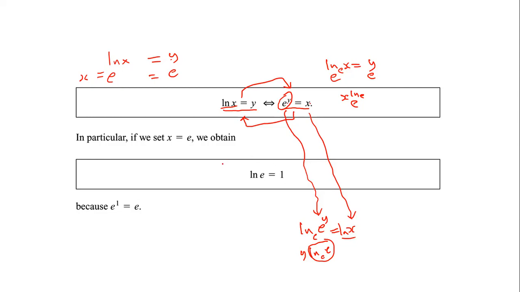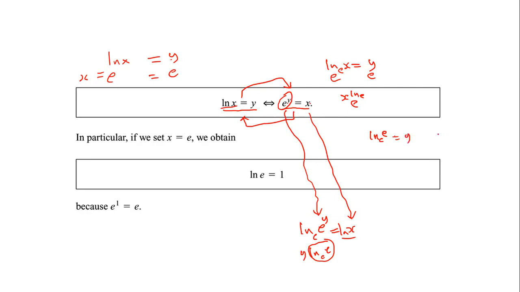Okay. This one is clear. It says in particular, if we set x equal to e, we get this. Put x equal to e. Okay, so over here you get what? On the left hand side, x equal to e will give you what? ln to the base e of e, right? Because x equal to e, ln to the base e of e,